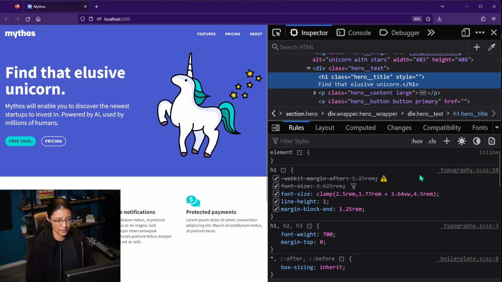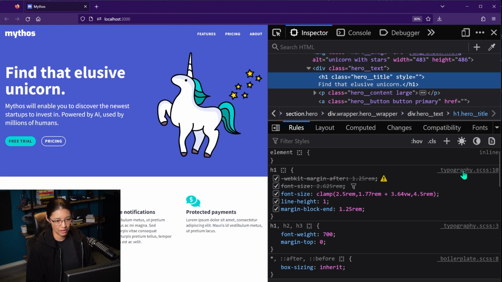And then let's inspect that headline again. And if you look in the different selectors and the style rules, one thing that I found helpful is on the right, it tells you exactly where the style came from. And if you're using Sass and Sass Maps, it'll actually tell you the original Sass file where this style came from, as well as the line number. So this one says typography.scss, which is a file. :10 means it's from line 10 in this file. And this is super helpful for debugging your styles if you don't know exactly where it came from.